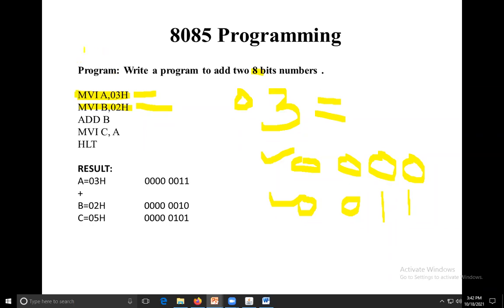All the registers are 8-bit except the program counter and stack pointer, which are 16-bit registers. So 03 is stored in the accumulator, and B is the other register, which stores the number 02. These two numbers we have to add.